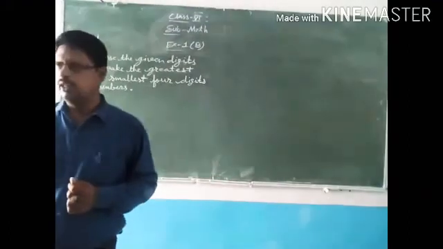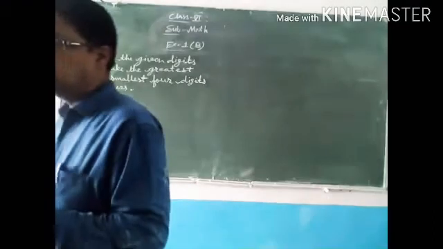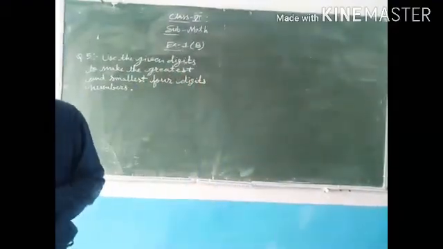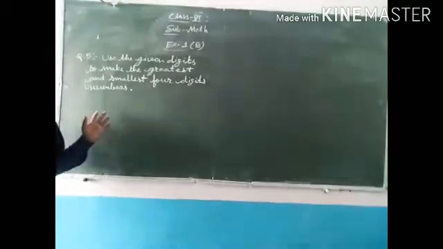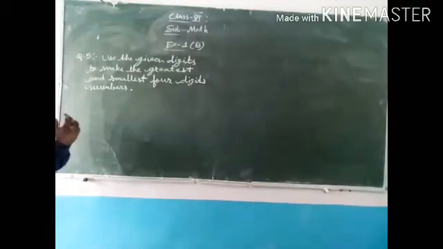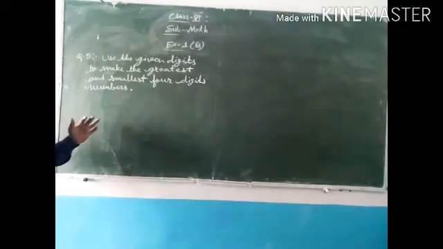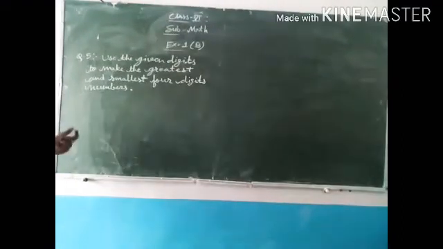We had already studied how to write numbers in the Indian number system and the international number system, how to compare numbers, and how to write numbers in ascending and descending order. So today we will solve different questions. Question number 5: use the given digits to make the greatest and smallest 4-digit number. Means some digits will be given to you, and by using those digits you will have to form the greatest and smallest 4-digit number.